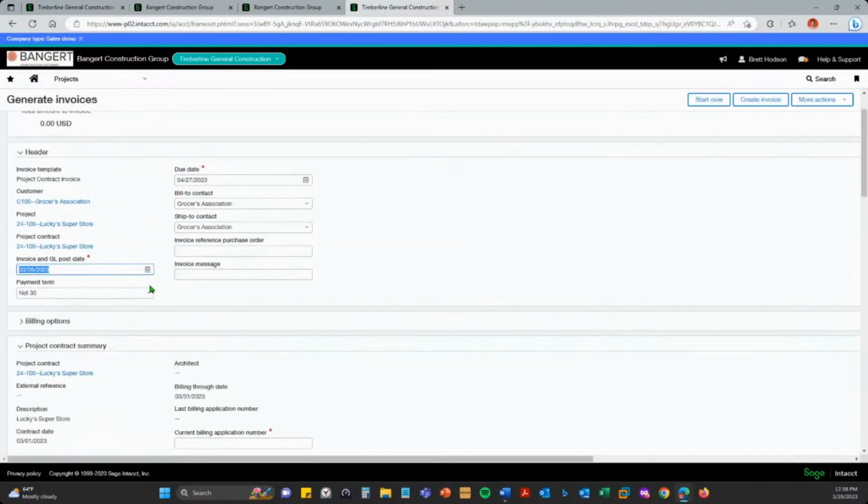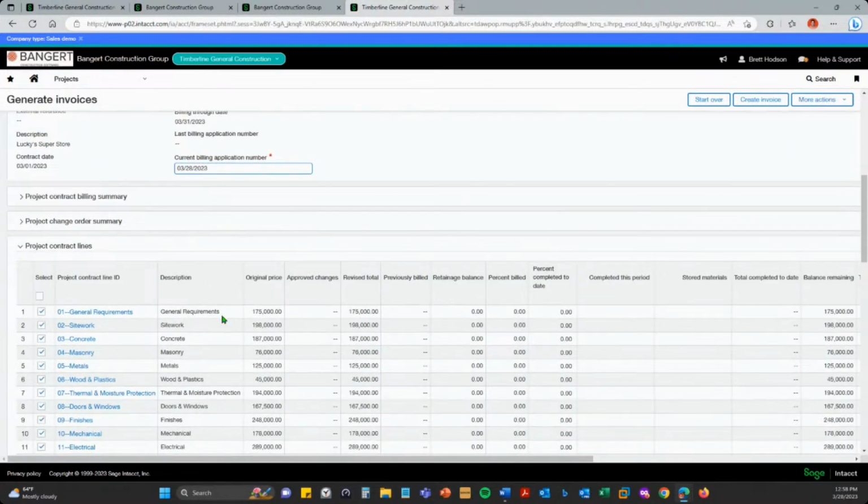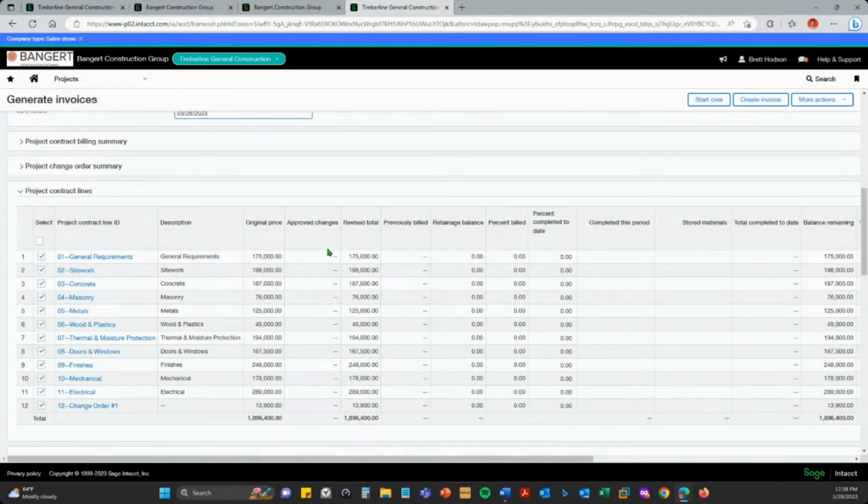So here's the header of the invoice. You can have auto billing numbering on. I don't, so I'm just going to use the date. So you can see right here that we actually haven't billed any of this project out. So I could just type in the amount I'm going to bill.